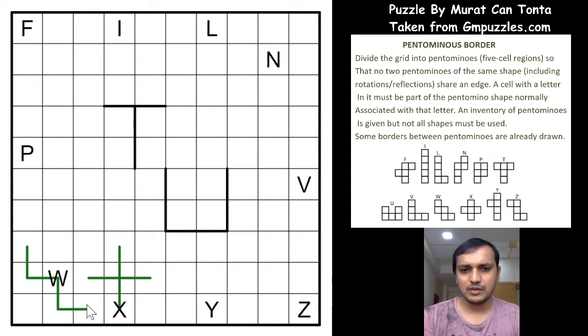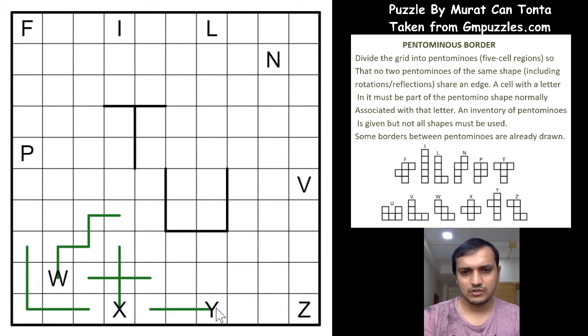If we make this a W, there is only one way a W can form, by connecting this cell to the W, and if we do so, we have a cell that is stranded and not used by any pentomino. So we conclude that this shape will not be W and it is a V. Now this W has to go somewhere, and it has only one way to go, not this way, because then you will overlap with the other shape. So this is the W.